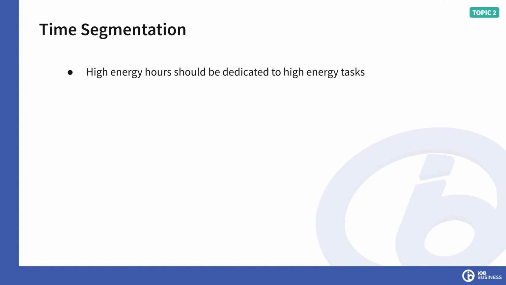So the general theory here is that the low energy part of the day for everyone usually applies around lunchtime. So you might have heard it's the afternoon slump, it's the lunchtime slump. And what's actually happening is when you get to that point, so say if you start your job at 8 or 9 a.m., you're working through till 12 or 1 p.m. You have already put in a good few hours at the office. So your energy is already beginning to dissipate. Then you'll go and have your lunch.